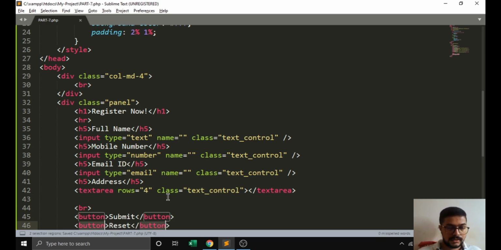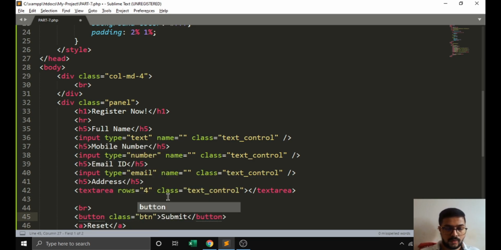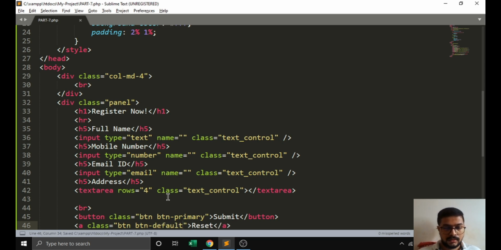For reset we will take an anchor tag. We have to pass here the button property, and this is button primary. We can set it as primary, and we are setting this as default.